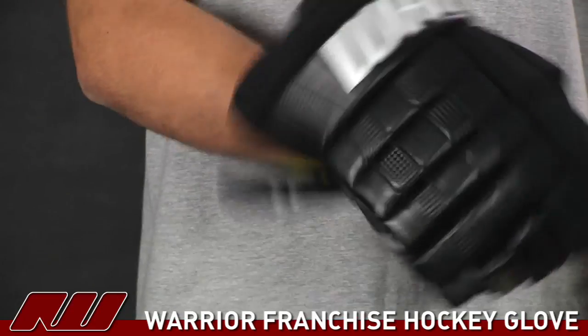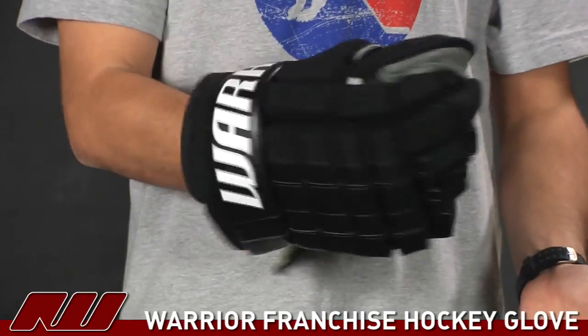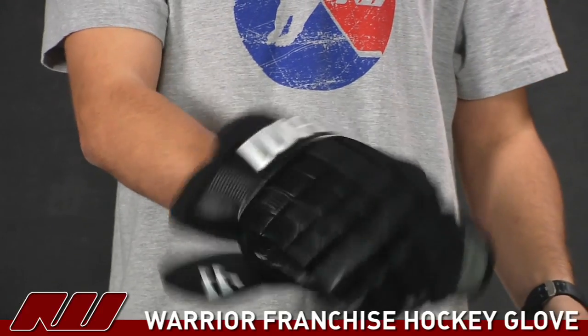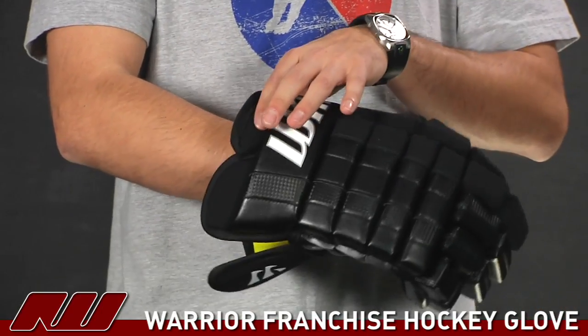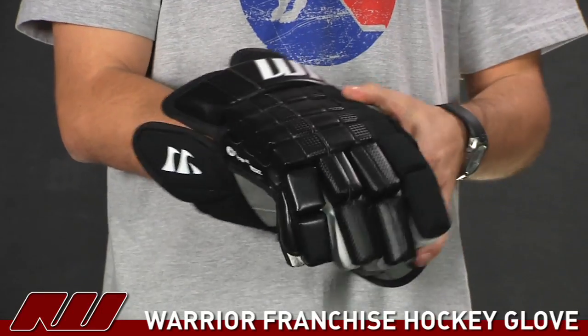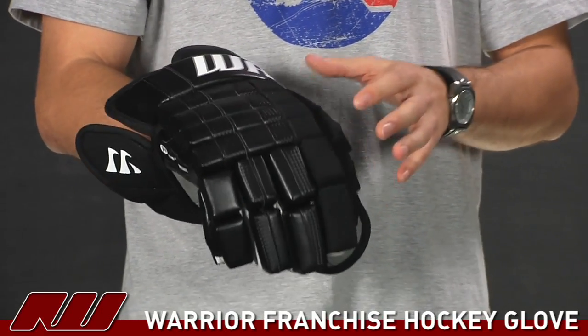I really like that because it allows excellent mobility. It feels like you have a little more mobility from previous years, and, like I said, you just have no resistance, but you're not really sacrificing much protection because of that increased cuff roll in this portion. So also going on from there as far as protection goes,